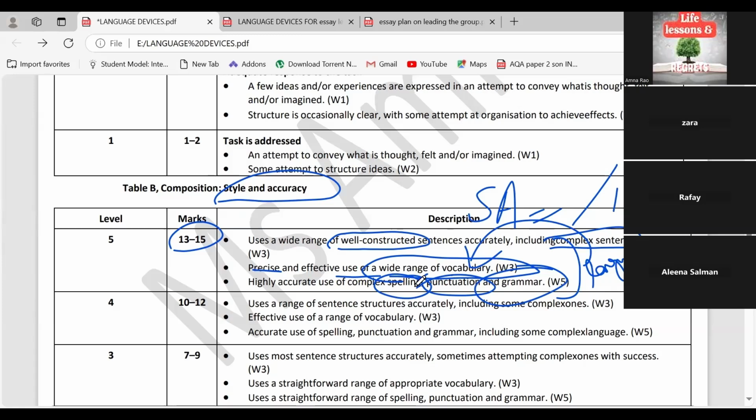That means if you're using difficult words, the spelling should be correct. Do not use words which you are not sure of, right? You should know the meaning, you should know the usage. Punctuation, that is important, using colon, semicolon. As I said, we'll have a class on that as well, how to use the sophisticated types of punctuation. And then grammar, of course, that is important. The use of tenses, the use of subject verb agreement. Sometimes students make mistakes in use of tenses. So we should abstain from doing that. So this is how we are